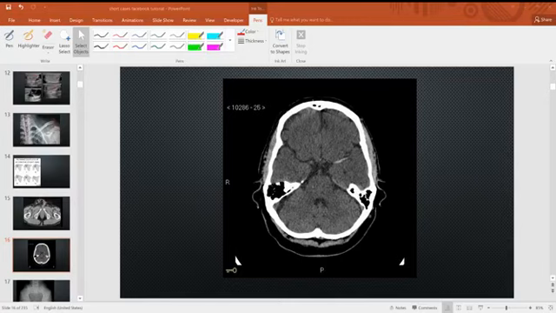MCA, middle left dense middle cerebral sign. Hyperdense vessel sign. You should specify the name of the vessel and middle. It is a middle cerebral artery hyperdense sign, and this indicates there is an impending infarction in the territory